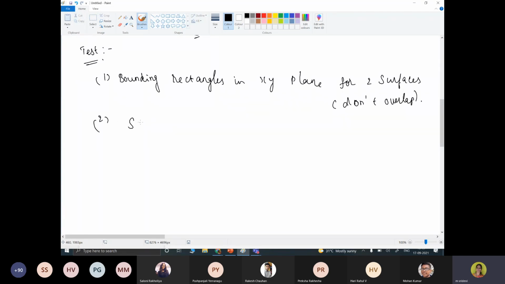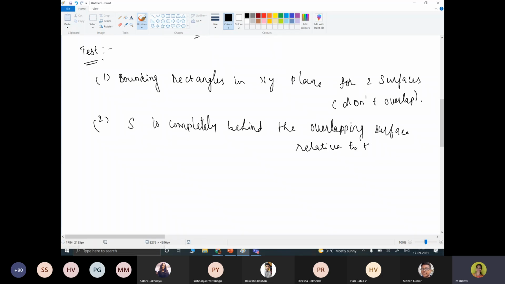Test 2: the surface S is completely behind the overlapping surface relative to the viewing position or direction.